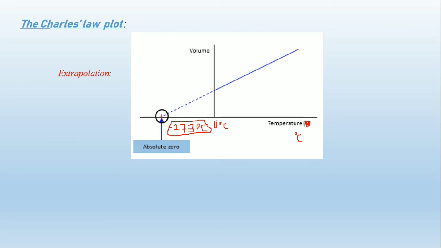It is called absolute zero temperature because of the following. Here you have a certain volume, at this point you have volume, and at this point too you have volume. All the points have a certain volume because there is a certain value on the x-axis. But when the point meets the x-axis, the volume becomes 0. So this graph explains the fact that at minus 273 degrees Celsius, the volume of all gases becomes 0, and that is the reason this temperature is called absolute zero temperature.